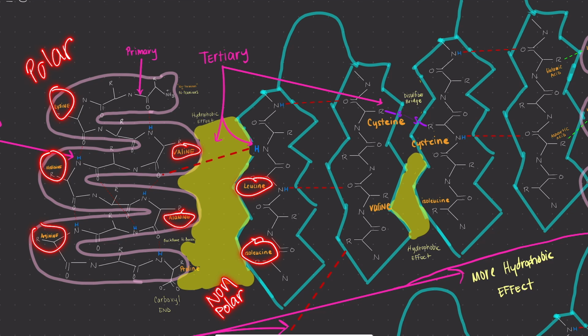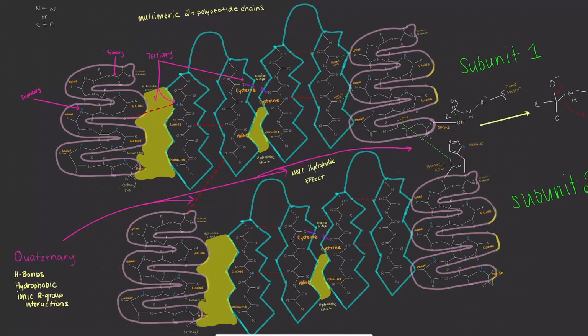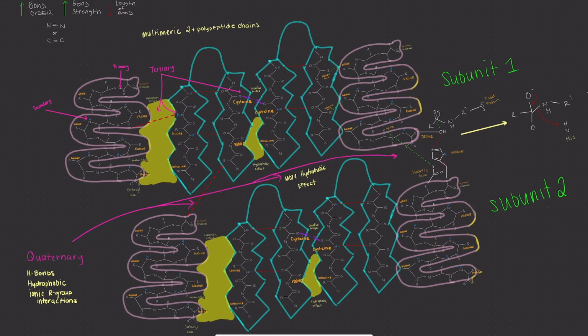And this is exemplified in the quaternary structure, which also relies on the hydrophobic effect at a greater scale. And so you can see that the interior of 2 subunits, which is what makes up the quaternary structure, you have 2 subunits, 3 subunits, you can have 4, like in hemoglobin. And then the hydrophobic effect will develop in the interior of that protein structure, and maybe polar amino acids will be moved outward. In addition to the hydrophobic effect, you can again have hydrogen bonds driving a lot of the connection between